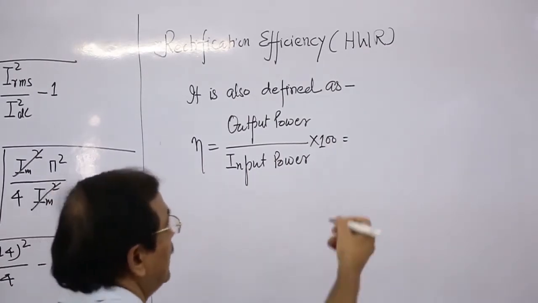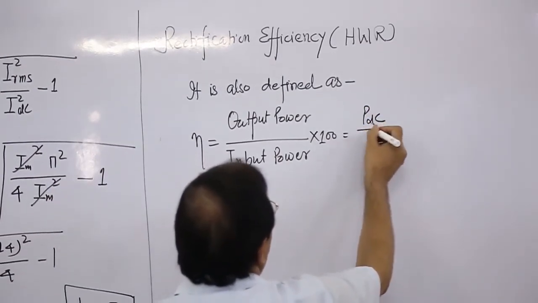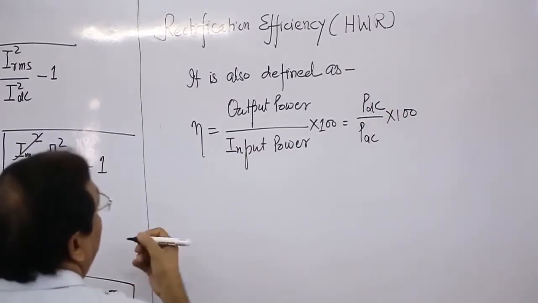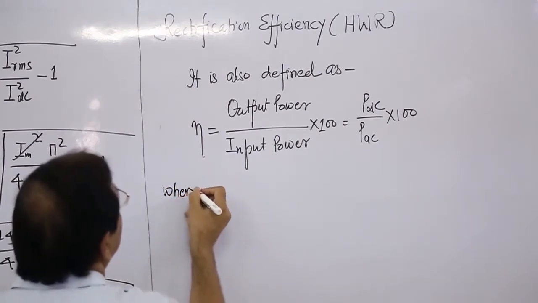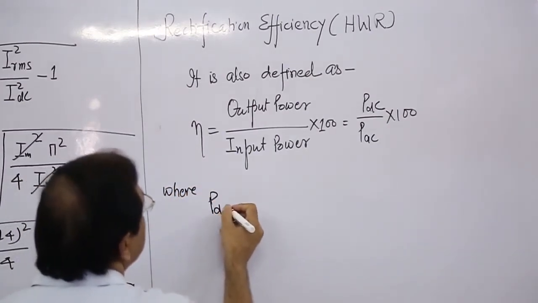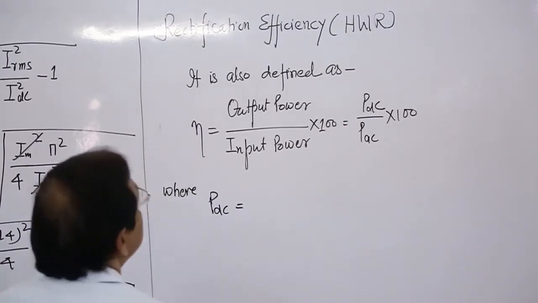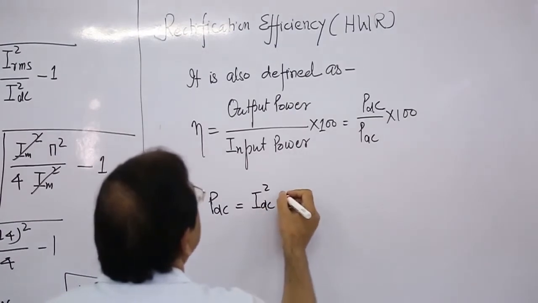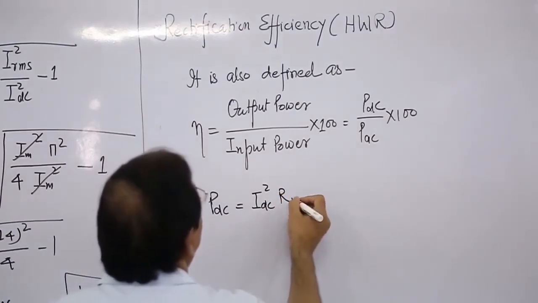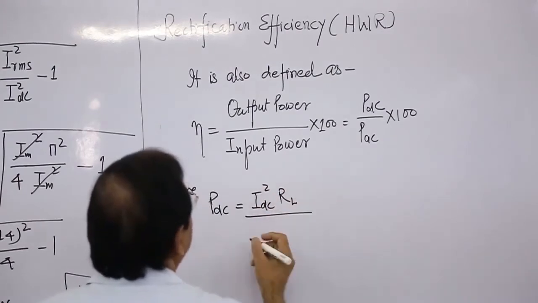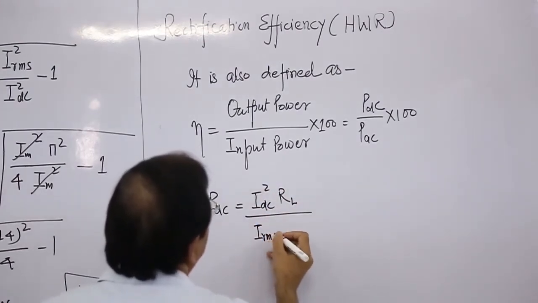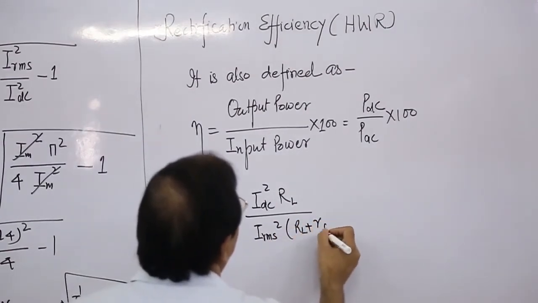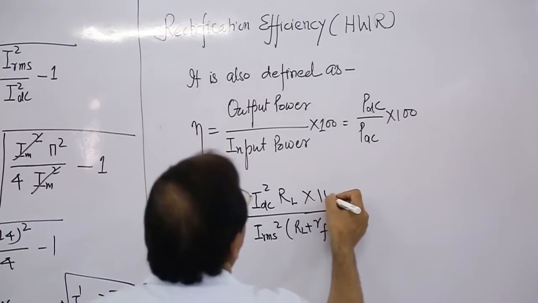So, the output power, that is PDC output, here it is PAC into 100, where PDC is equal to IDC square over load, and here PAC is IRMS square into RL plus RF into 100,